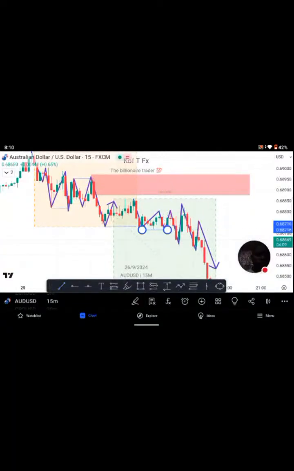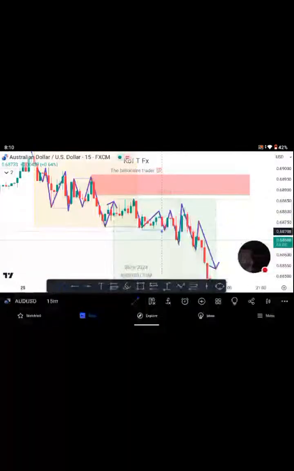Another BOS, followed by another one. Even though it is a smaller break of structure, they are still BOS. So follow with this,